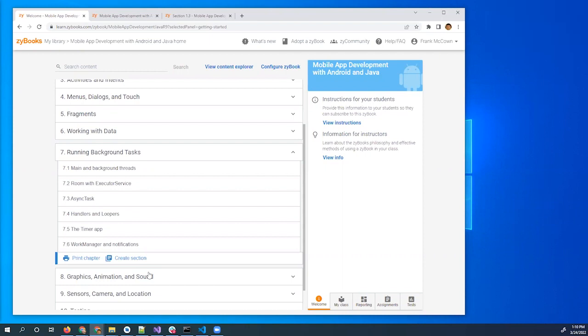Cool. Any chance of getting a Maui Zybook? Is that how you say that? Maui, M-A-U-I? Do you know what that is? I'm not sure what that is. They just put it in the chat if you pull up the chat. Replacement for Xamarin? I don't know either. Randy, we can follow up with you. We'll figure out what you're talking about.